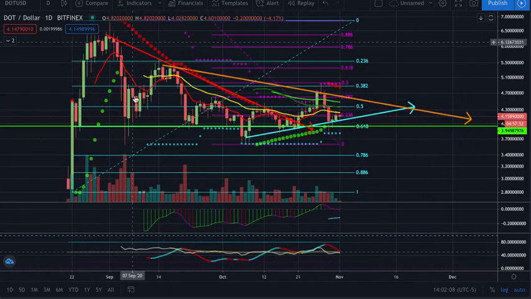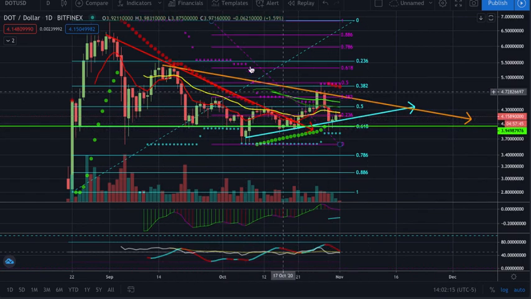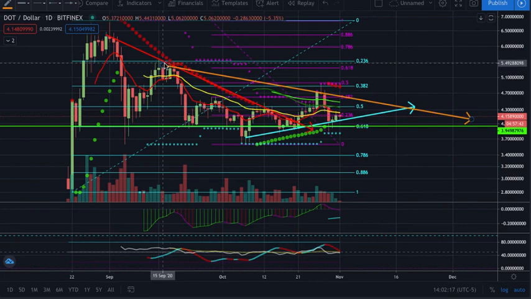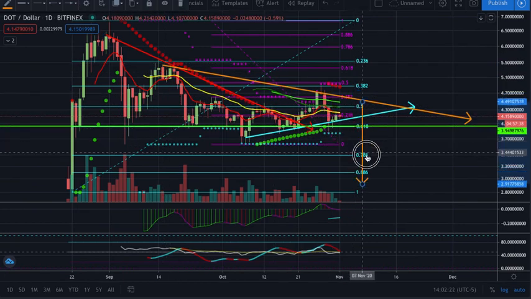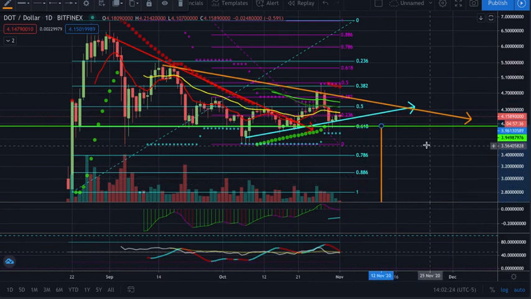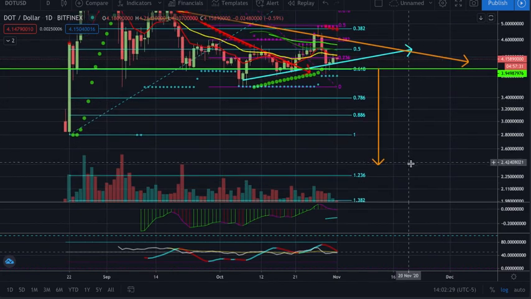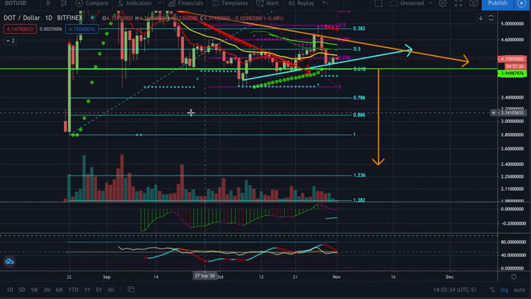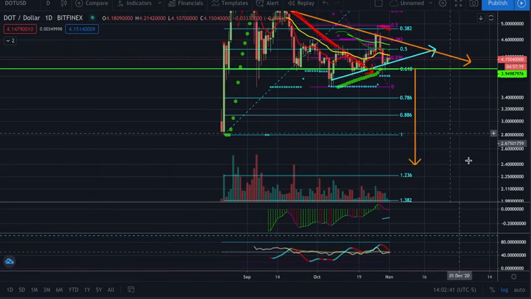Like this, where it's essentially just finding that same horizontal. The more times it comes down here and hits that same horizontal, the more likely it is to break to the downside. And I mean, if this thing breaks, it's going to get ugly. I mean, that's the measured move. Conservative measured move is a new low from the ICO, and it's $2.40. If you wanted to get greedy with it,